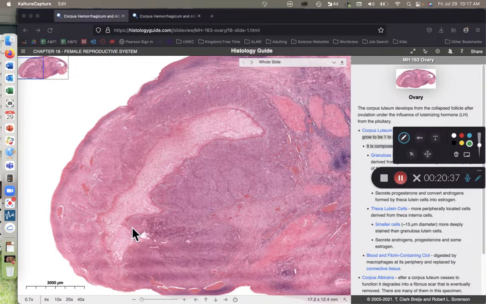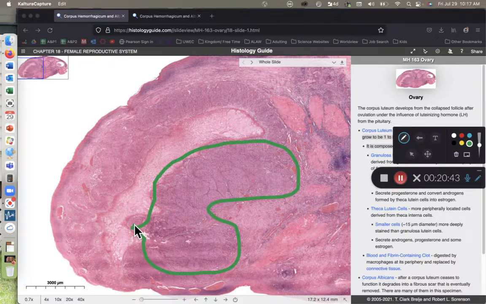Here on the screen, I want to highlight the corpus luteum for us. It usually is going to be darker stained or absorb more pigmentation during the staining process. In unstained specimens, it typically has a yellow coloration, which is why we have the root word lute in it. This corpus luteum typically will appear around day 14 of our average menstrual cycle, or ovarian cycle, I should say, in this